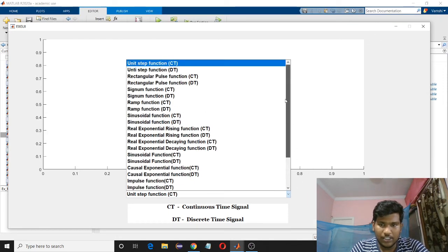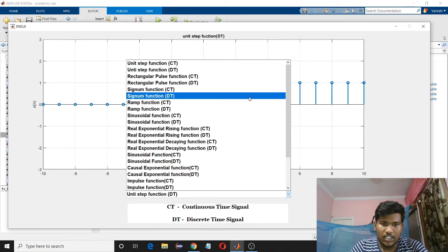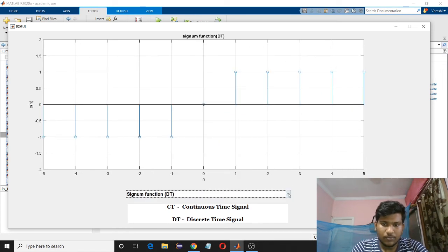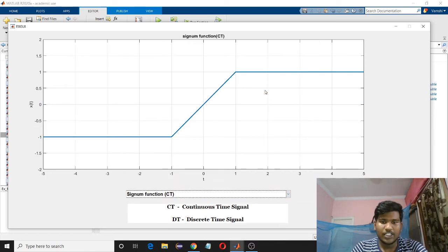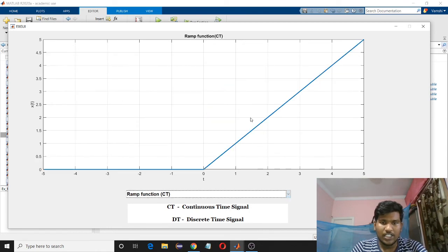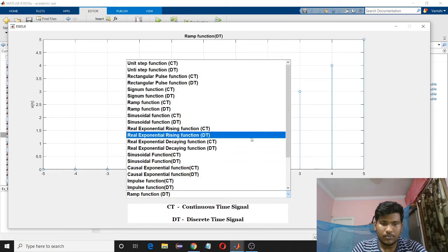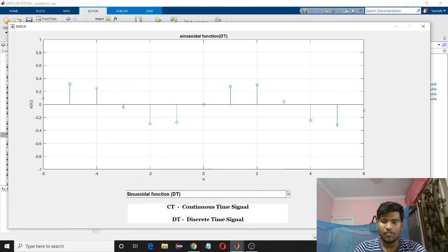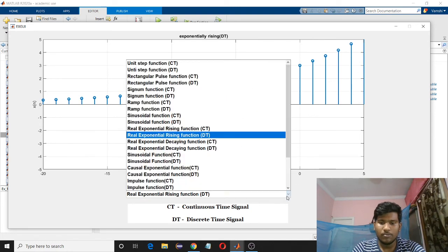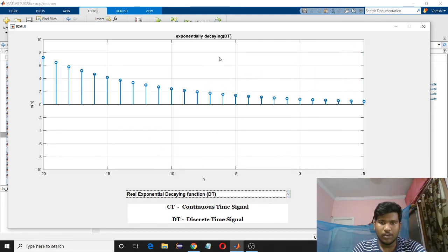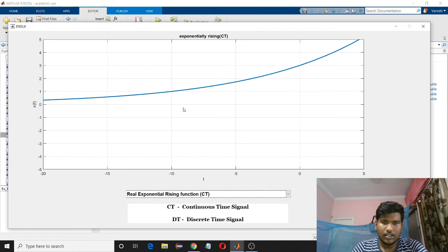Here is a menu of functions to see the function plots. Unit step function in discrete form, signum function in discrete form, rectangular pulse function in continuous time signal form, signum function in continuous time signal form, ramp function in continuous time signal form, ramp function in discrete time signal form, sinusoidal function in discrete time signal form, a real exponential rising function in discrete time signal form, real exponential decaying function in discrete time signal form,